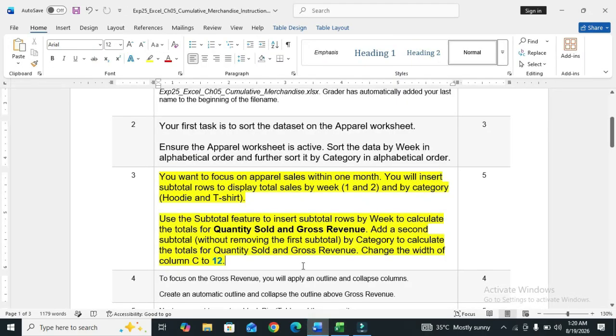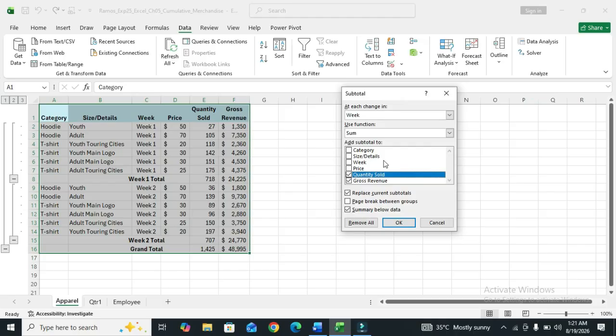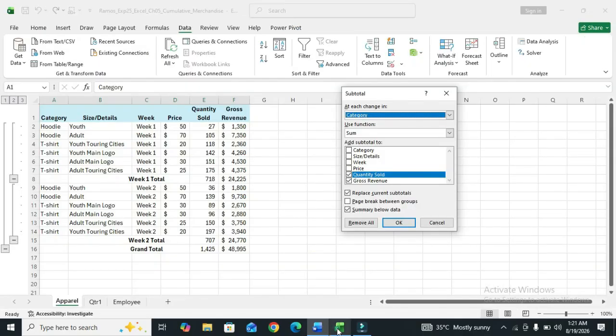Next level of the step is, add a second subtotal without removing the first subtotal by category, to calculate the totals for quantity sold and gross revenue. So add a second subtotal by category and calculate the totals for quantity sold and gross revenue.